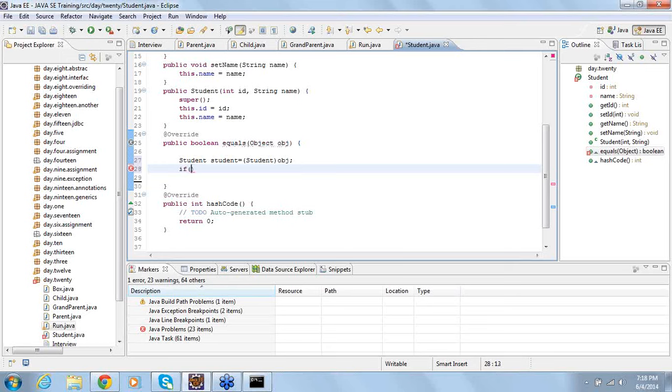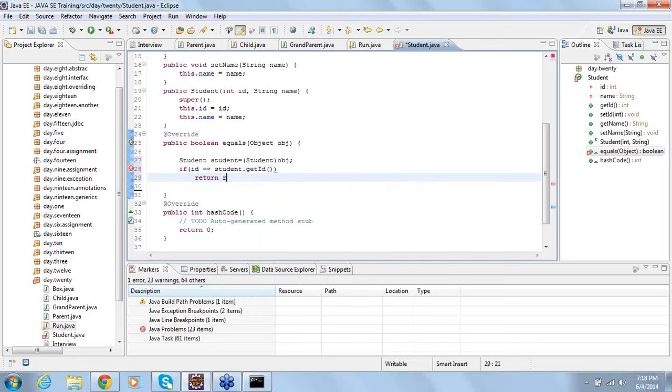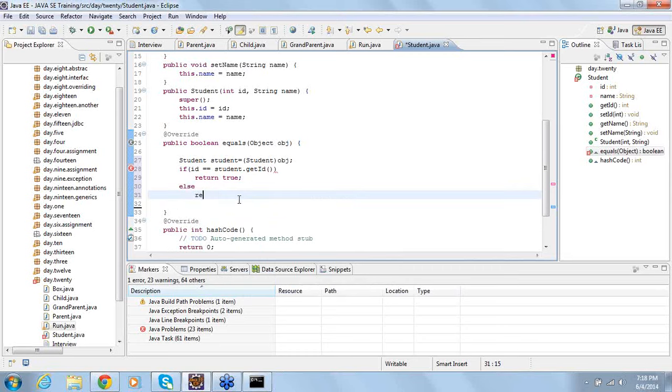If the ID is equal to the student ID, return true. Otherwise return false. Now I have changed the logic.